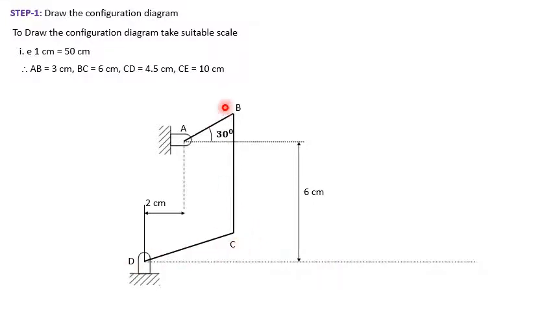So we got this point from this line BC, 6 centimeter. Okay, so from the point C, the last one is a slider. This slider is CE, which is 10 centimeter from the point C. Therefore, from point C, take 10 centimeter radius and cut an arc on this reference line. By keeping at this point C, measure 10 centimeter radius and cut an arc on this reference line. Wherever the line cuts, from that point draw a line till it reaches point C.